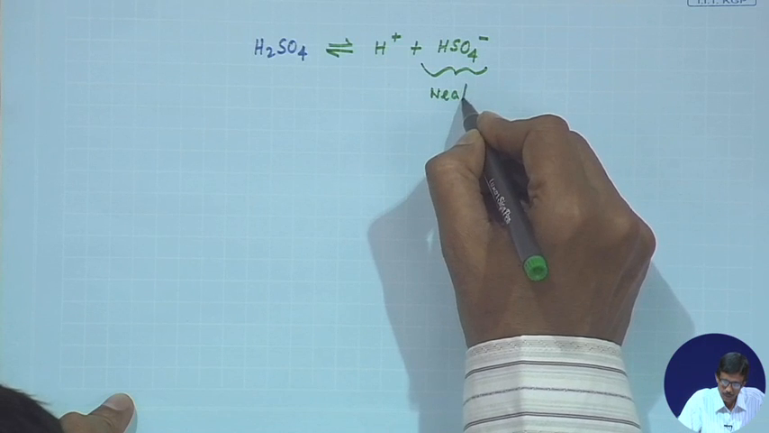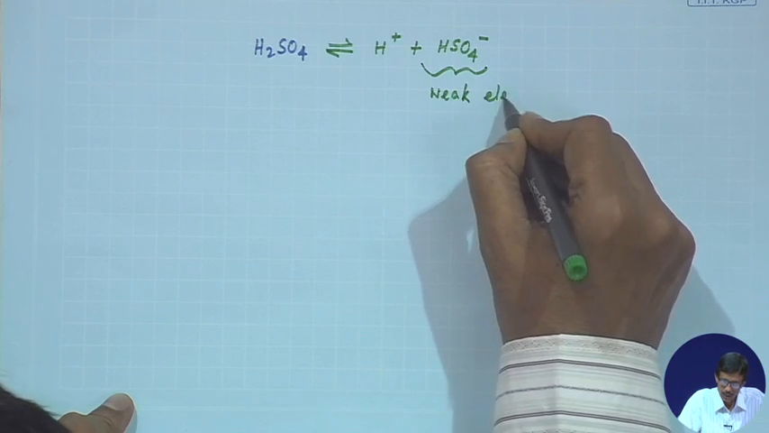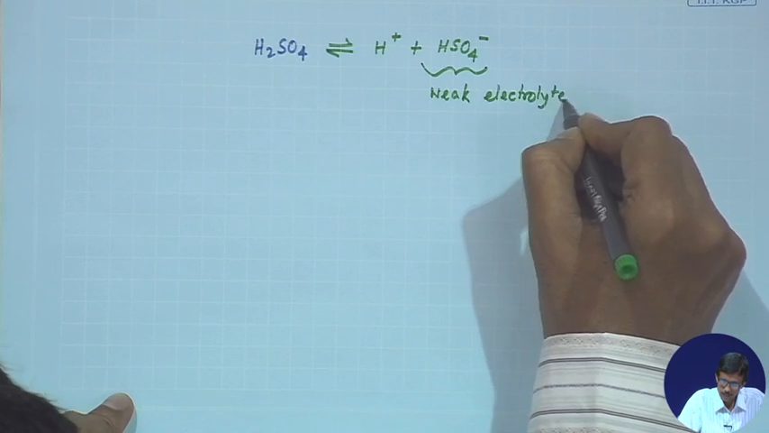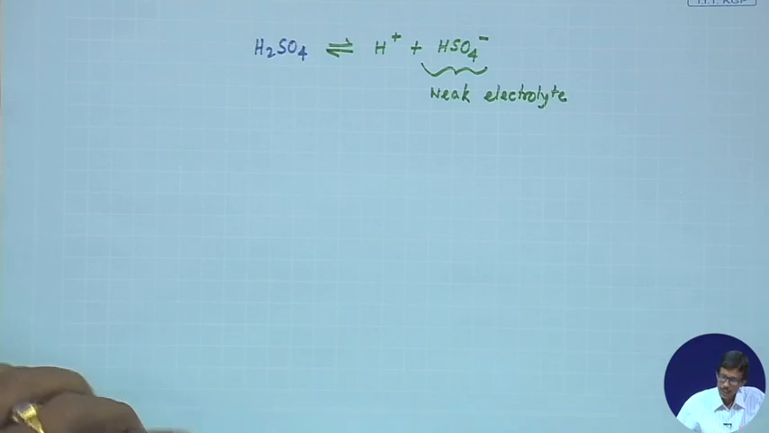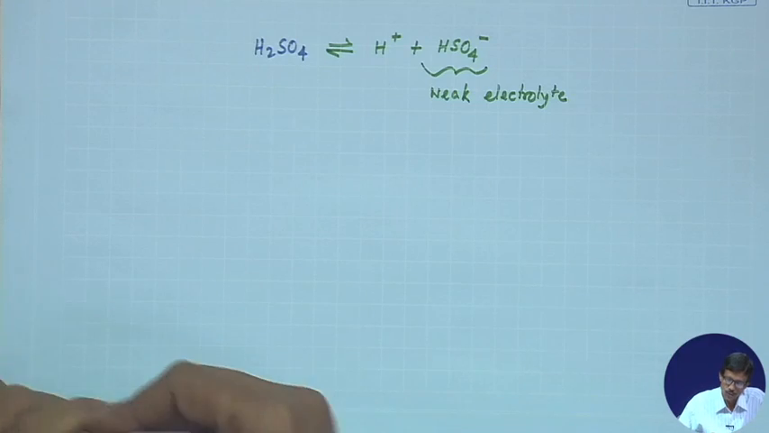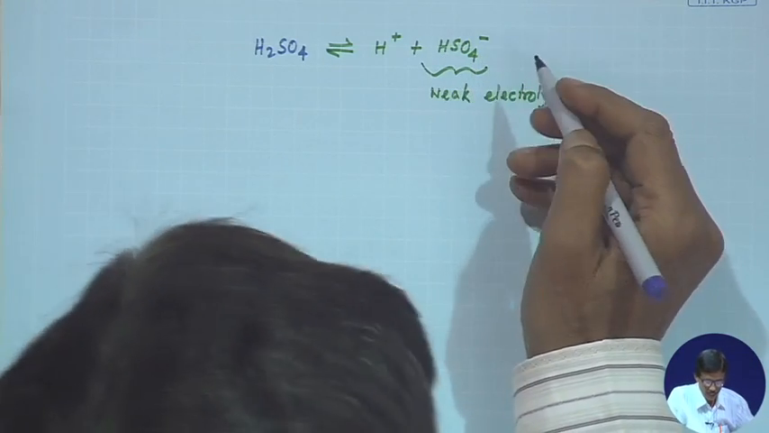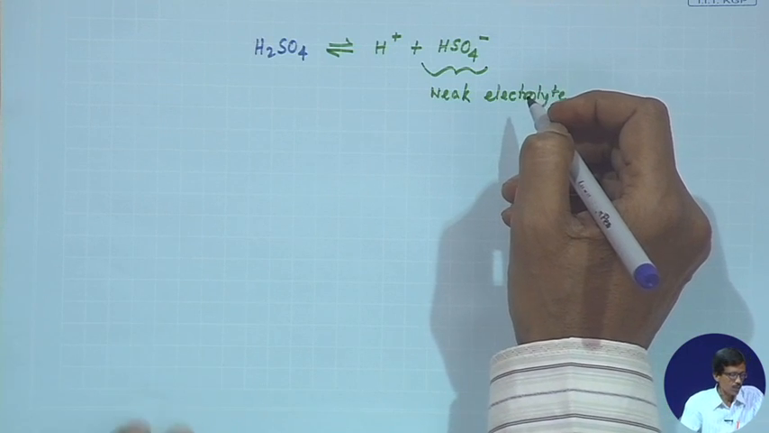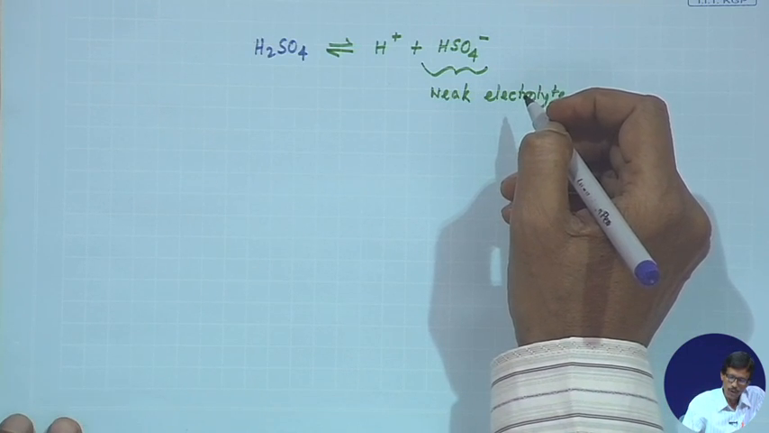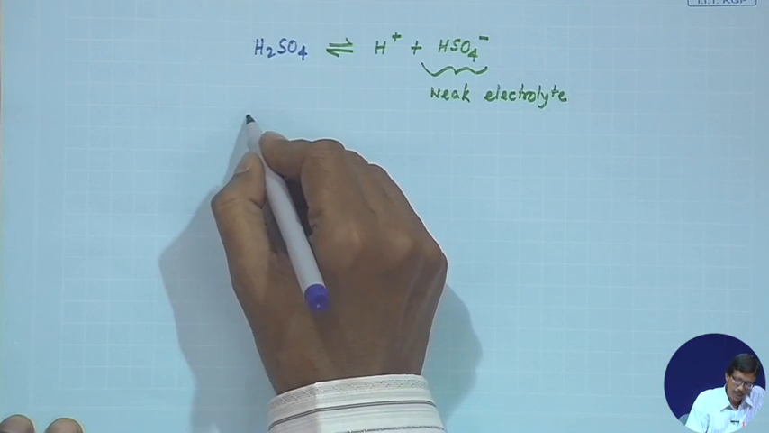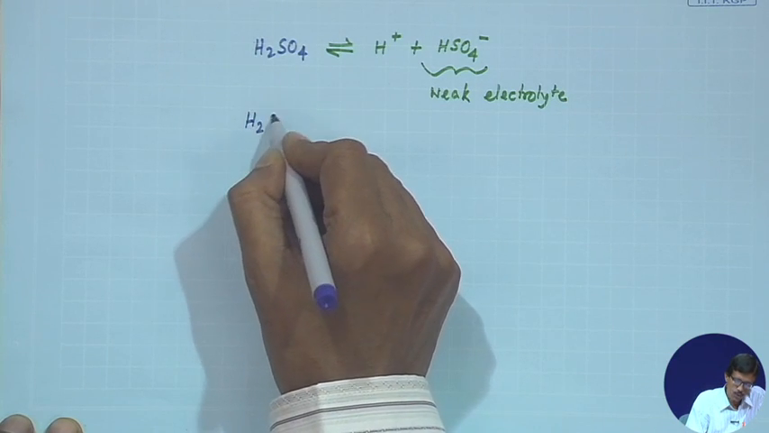So, in actual practice also this is a weak electrolyte, because the dissociation of this HSO4 minus to H plus and SO4 2 minus is not so easy, it is a difficult process. So this HSO4 minus is a weak electrolyte, but in case of your H2CO3,